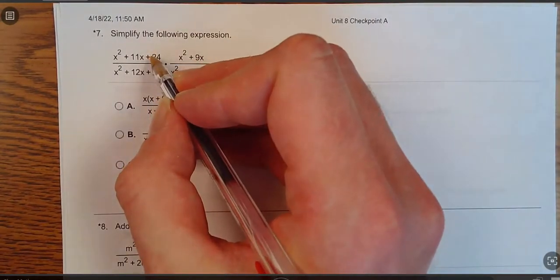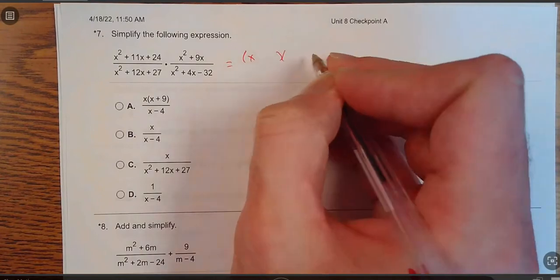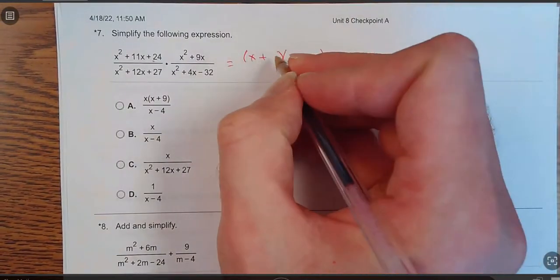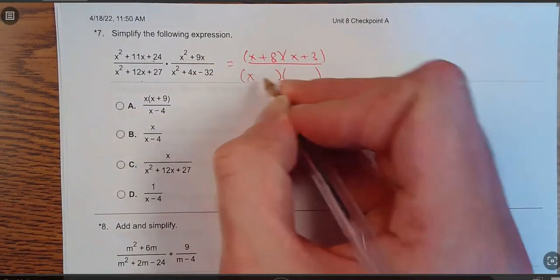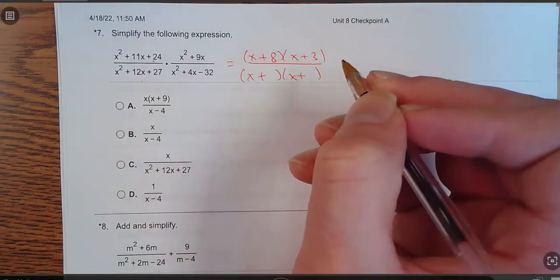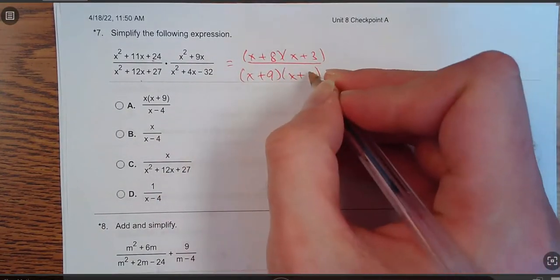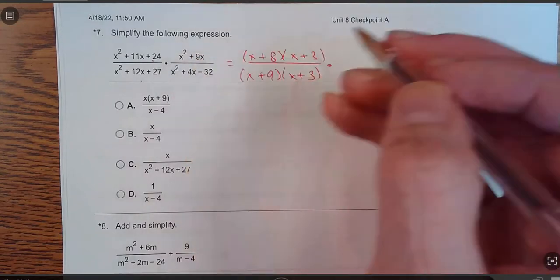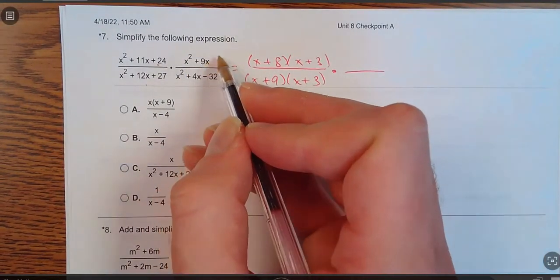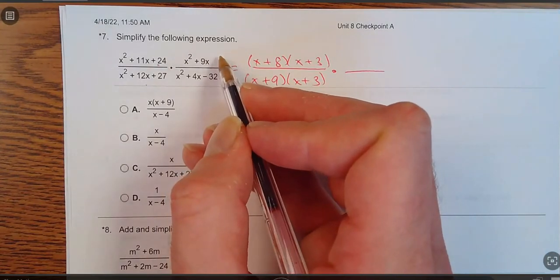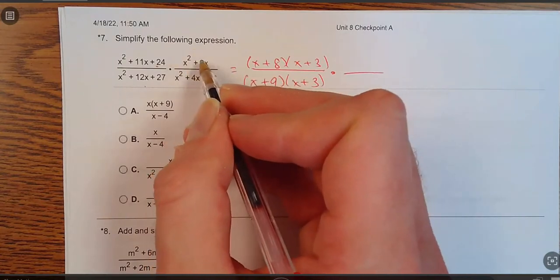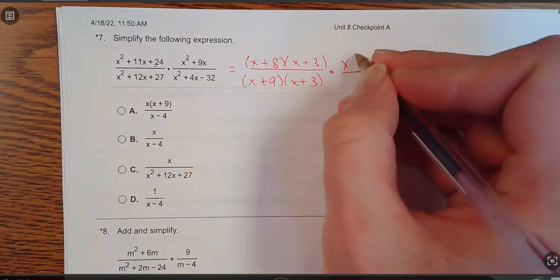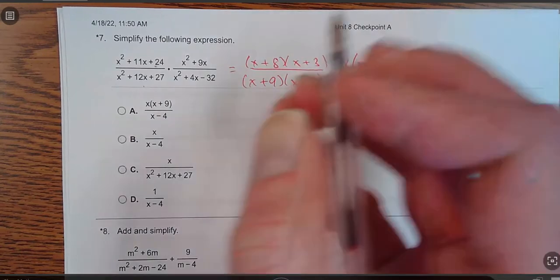So this first one here would be x, let's see. So positive product, positive sum means they're both positive. And that'd be 8 and 3. This one here, again, positive product and positive sum, so they're both positive, so it'd be 9 and 3 times, and this guy on top, there's no linear term here, so don't try to do 2 binomials. Just look at, is there something they're both divisible by, and they both are being multiplied by x, by 1x, so take an x out, and that'd be x plus 9, and then this guy,